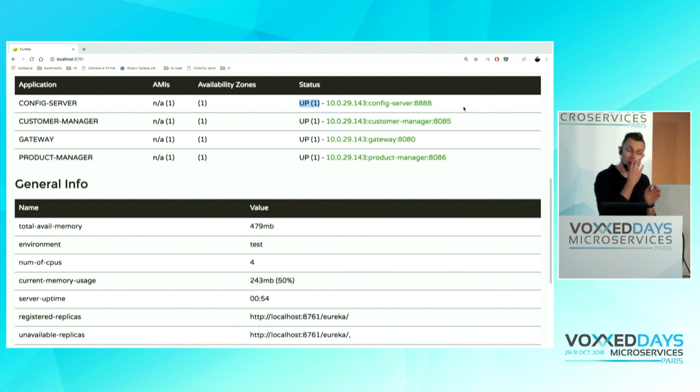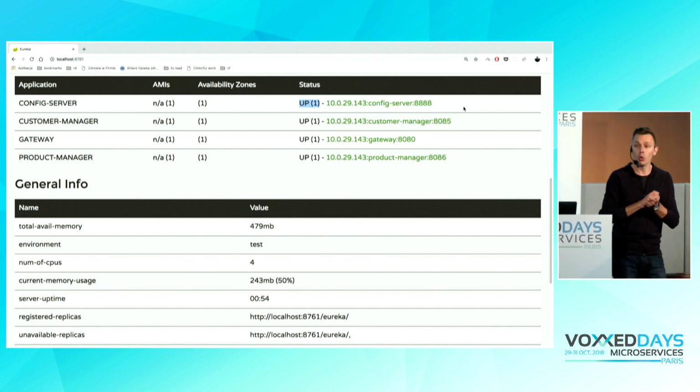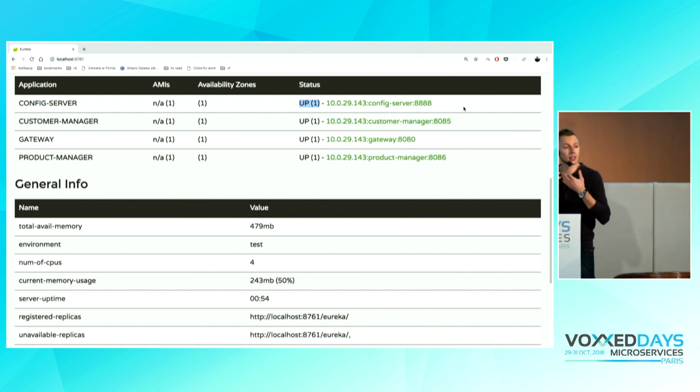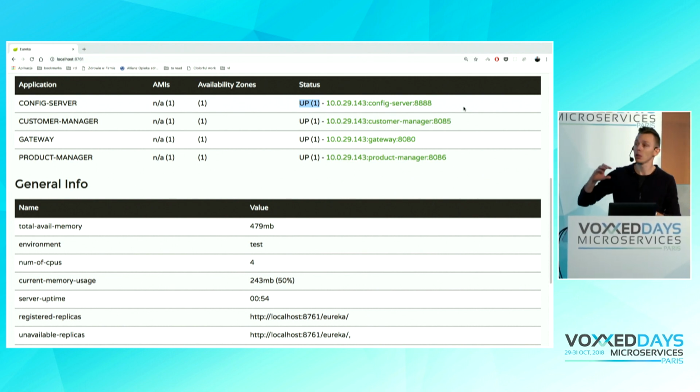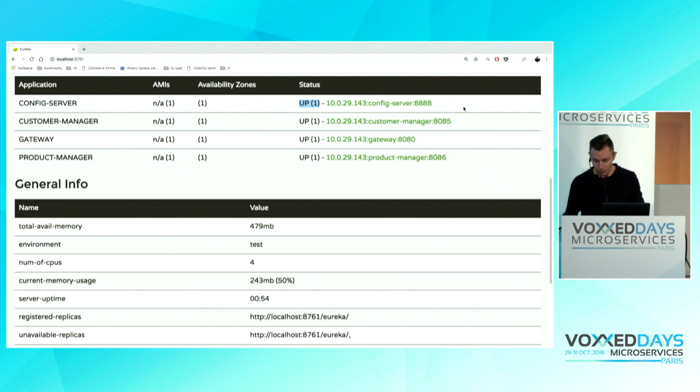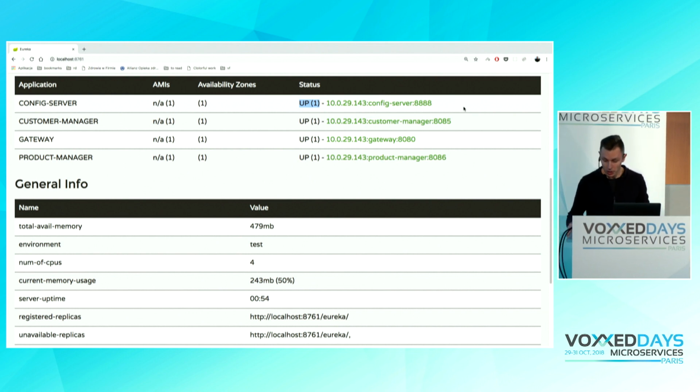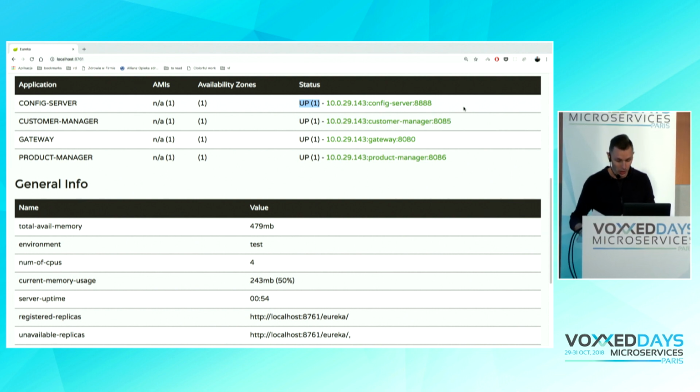But remember, if you run the config server on production, always scale it up for resilience, because this is a central part of your infrastructure, and all your business services will depend upon that. Okay, so you can see how easy it is to set up a config server. Now, what we need to do is to